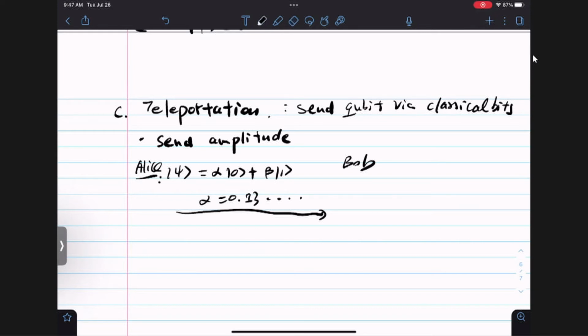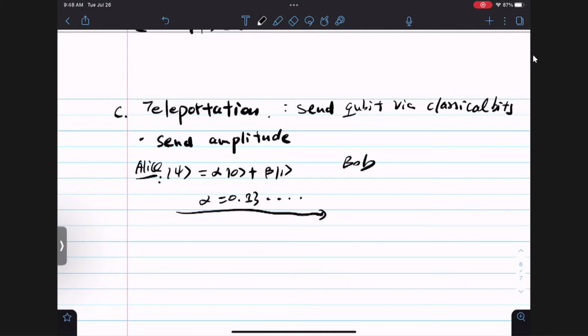And then you realize immediately, this is not going to be a good idea, because alpha can be an arbitrary complex number, and we only have bounded precision. And the bigger problem is, what if I don't know the state? What if Alice doesn't know what psi is? Can she still send this qubit to Bob